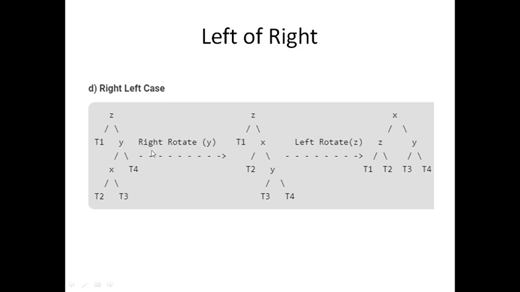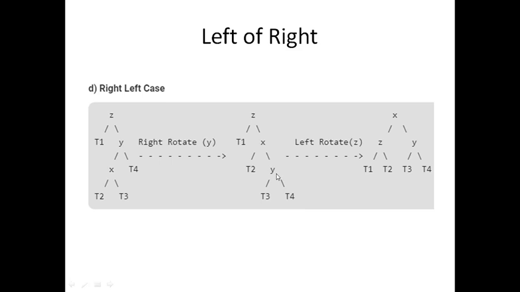And the solution is also very similar to the previous one. You just first transform this into a right of right problem. That is done with the help of rotation. So the entire right subtree at node y is rotated towards the left, which results in x becoming the new root and y dropped to the right side of x, and there is going to be an obvious adoption: y adopts t3, so t3 is adopted by y, and it is now a right of right problem.